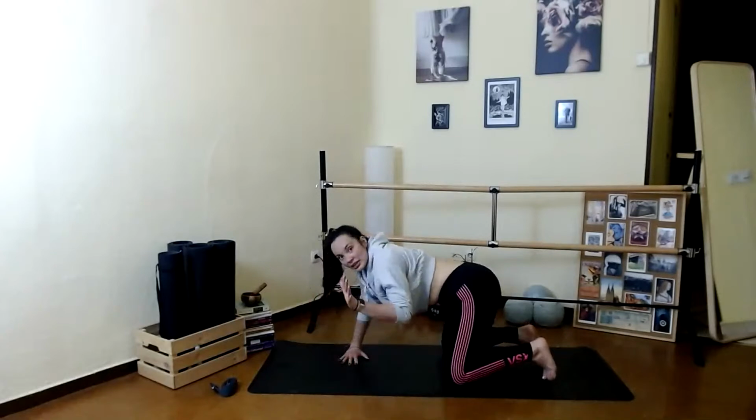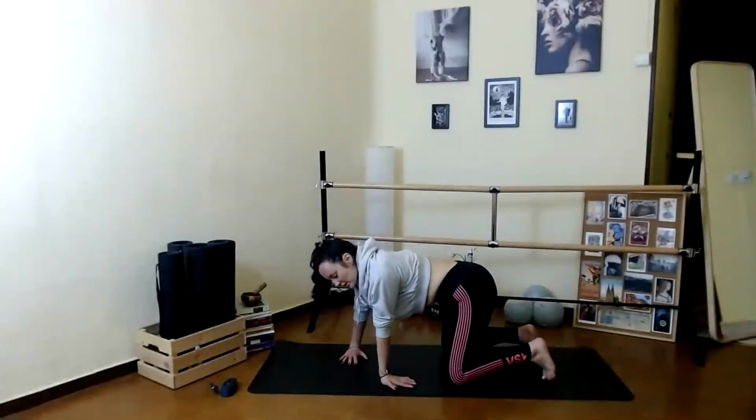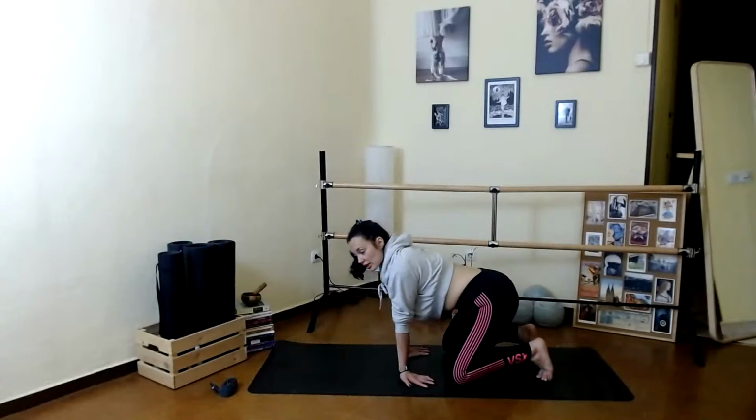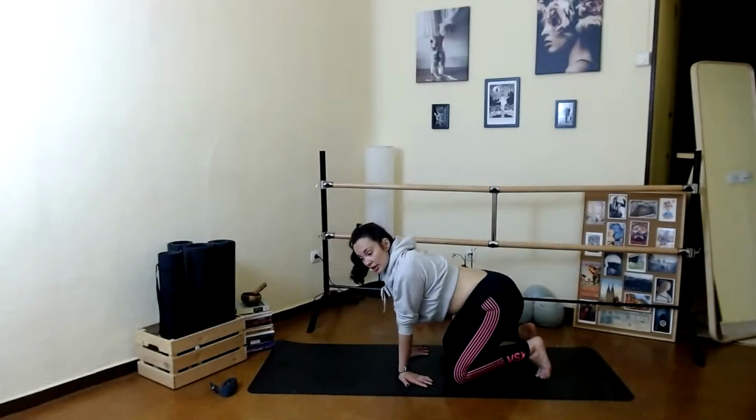This time, take the hands, place them behind you. So take the thumb out to the outsides of the mat, and the fingertips are pointing towards the knees. From here, I place my hands really close to my knees because my wrists are not very flexible. So I'm going to come back just a little bit just to test it, and then exhale, release that pressure. And bring it back,